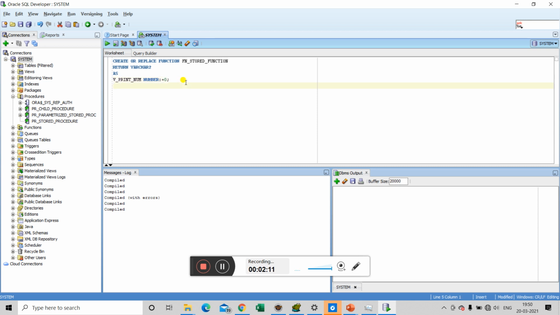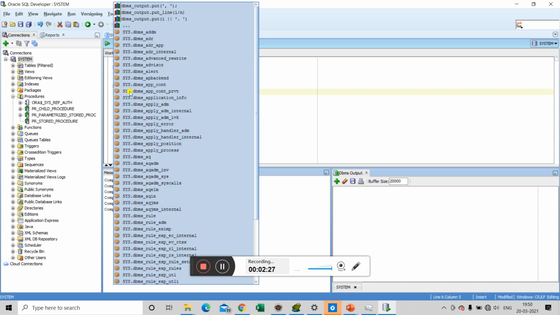Then there starts a normal execution block with the begin keyword, and then we write our business logic in this block. We will print the variable that we have declared, print num, using dbms output.